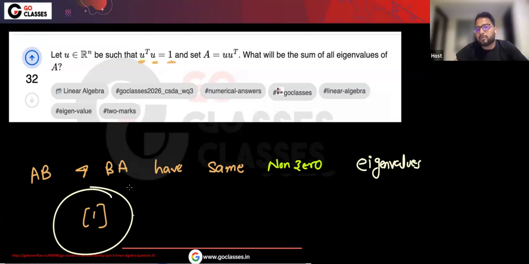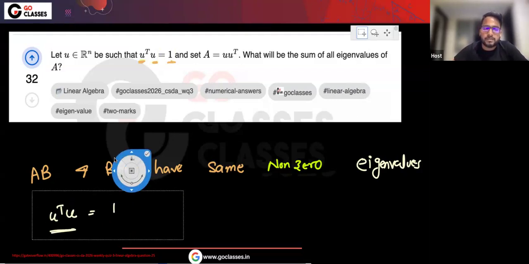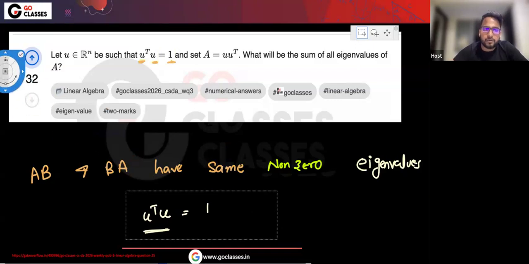It is one only, right? Eigenvalue of this matrix is just one. So basically you can treat this one as a constant or this one as a matrix, doesn't matter. So the eigenvalue of U transpose U is just one, right? Do you all agree with me on this? So I can say eigenvalues,